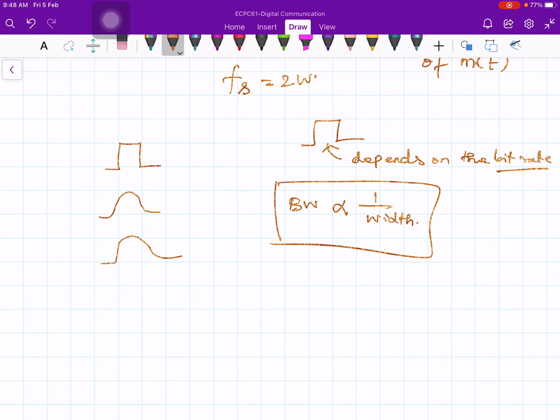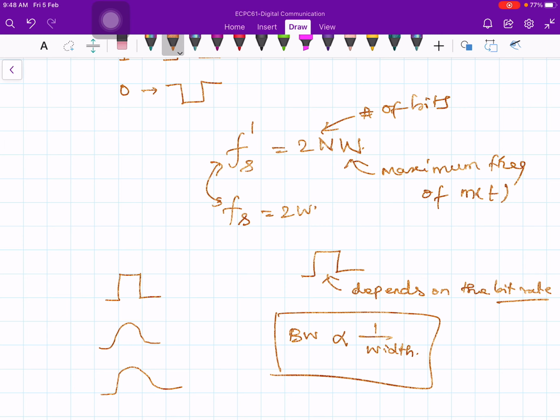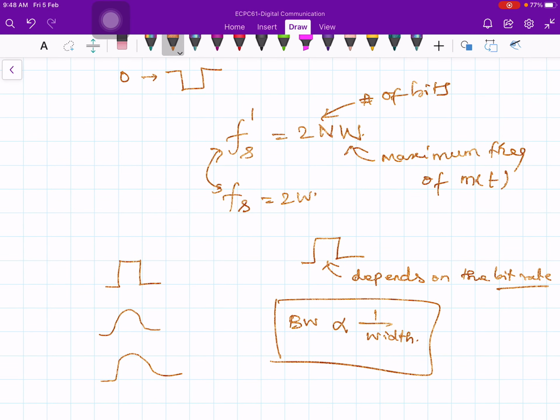So we have determined the relative sampling rates of the PCM system and the delta modulated system, which will have similar bandwidth. These two must be the same in order to compare. For the PCM system, if the sampling rate is 2W, then correspondingly for the delta modulated system it should be 2NW for it to have the same bandwidth. So we can go up to a sampling rate of 2NW without exceeding the bandwidth used in the pulse code modulation system.